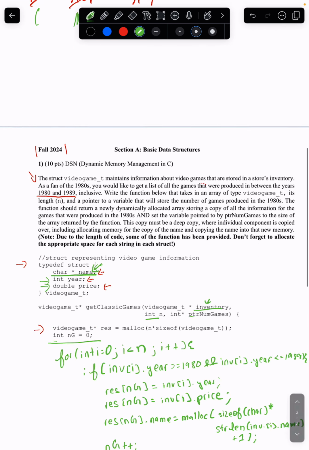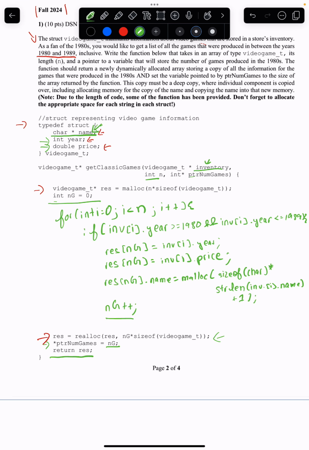So this question is kind of tricky, but once you understand the idea behind solving it, this whole part is just the basic syntax of C, of how you allocate memory,